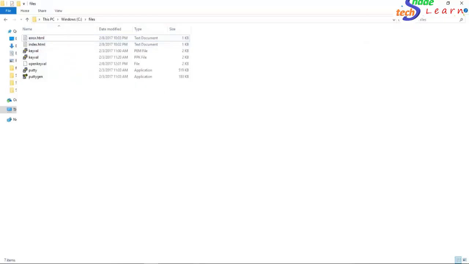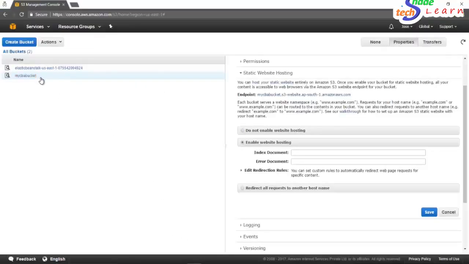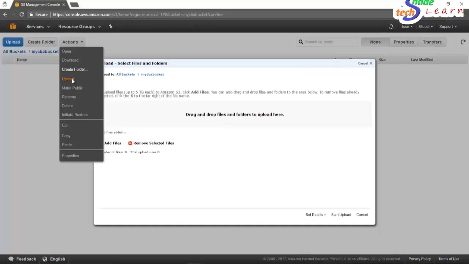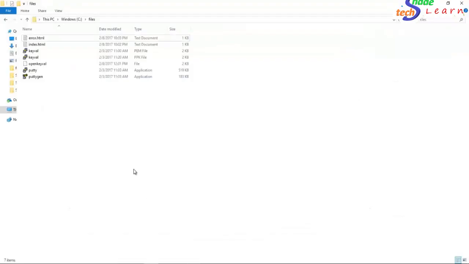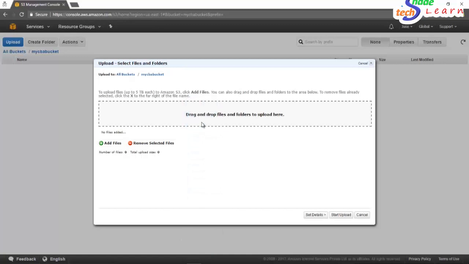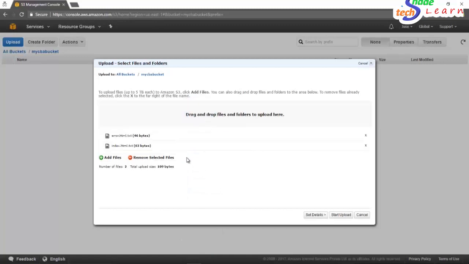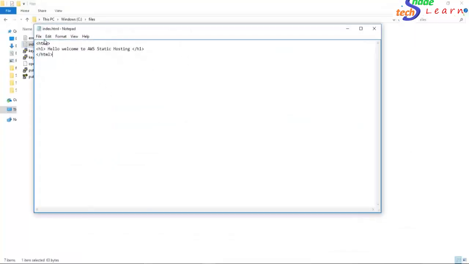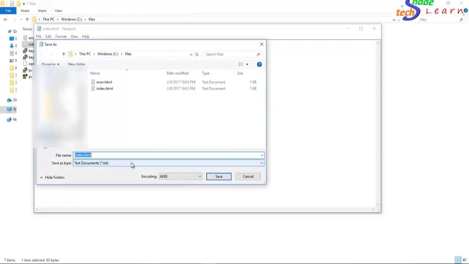So let's again select browser, click your bucket. Now the bucket is empty. We'll just push objects to the bucket. We'll say actions, upload. We will drag and drop files onto it. You can drop it here. I guess, okay, there's some issue. I'll open it. I will have to save it again. Save as, say all files. We'll save it like this. It is taking